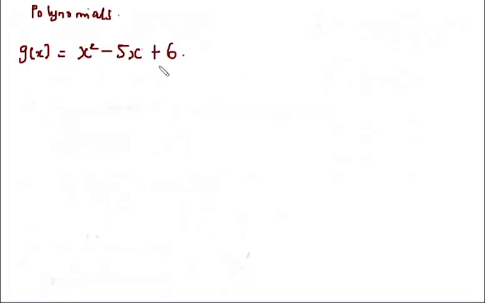Okay, so for our first example, we have x squared minus 5x plus 6. So if you are told to find the domain of this function, one of the things to understand is that domain is simply the numbers you can input to a function that will give you a defined value. Okay, so for this function, you can input any number into this function. So the domain of polynomials is often written as real numbers